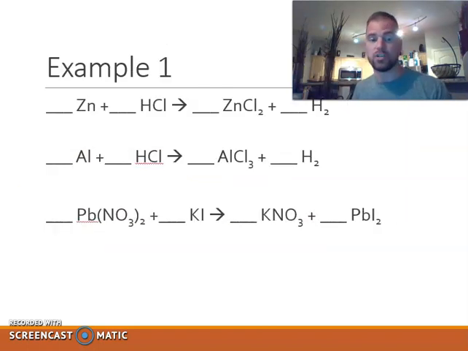So let's go ahead and do some examples. Example number 1 has these 3 right here. Let's go through the first one together. If I use my tips and tricks, I'm going to want to balance my, first of all, actually,